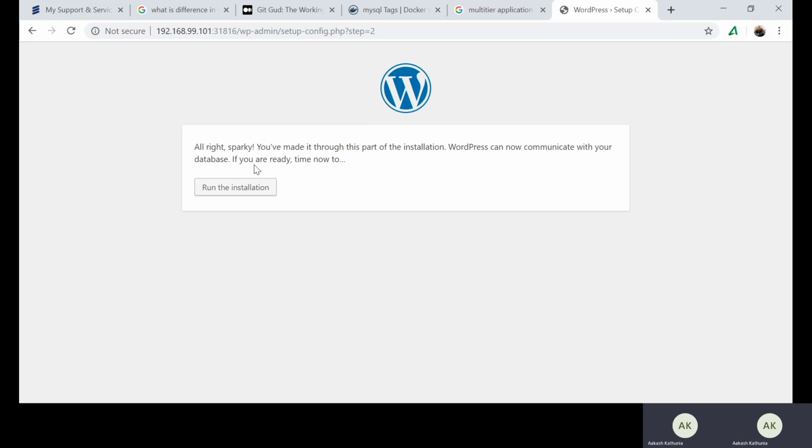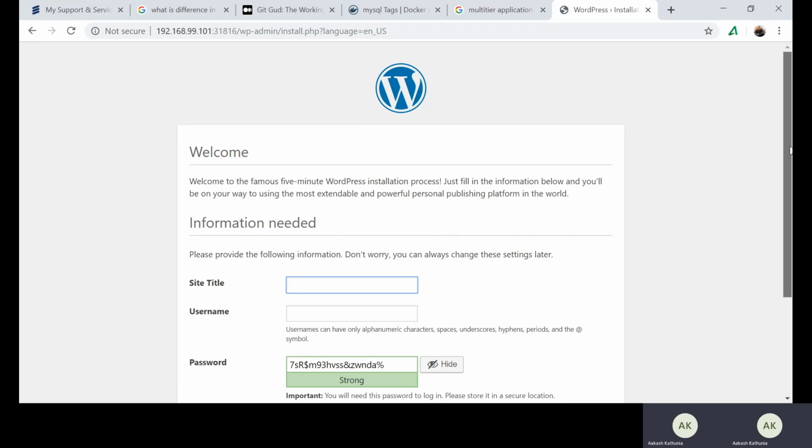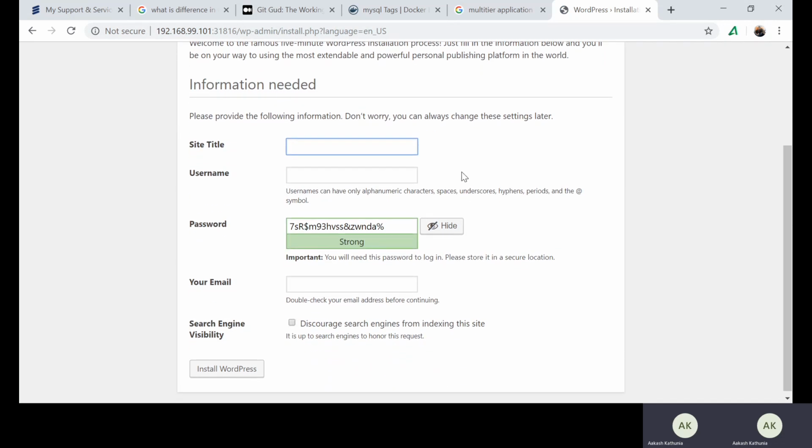Once I submit it and everything is fine, the DB starts accepting requests from WordPress. After that, you will receive this message: All right, Sparky, you have made it through this part of the installation. WordPress can now communicate with your database. Once I run the installation, I can see the information that is required.